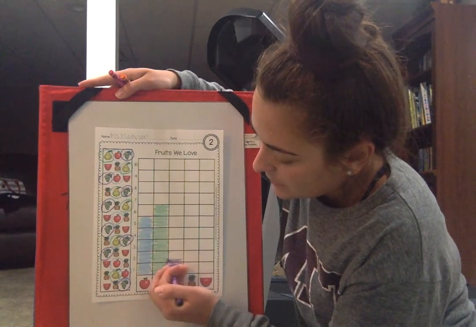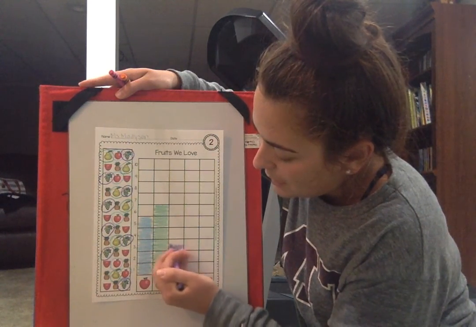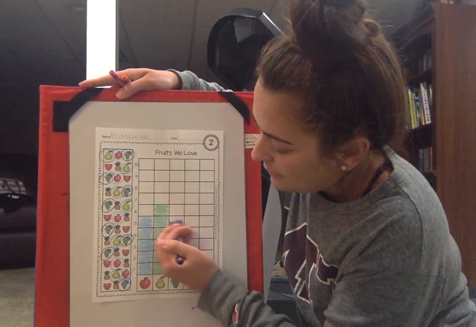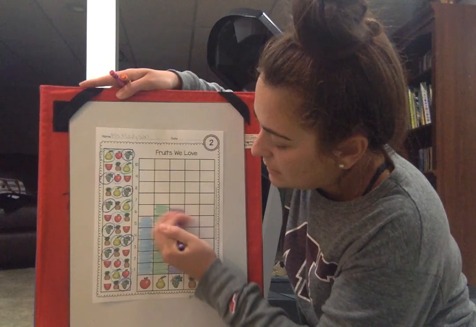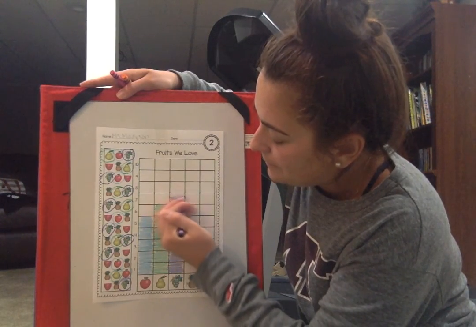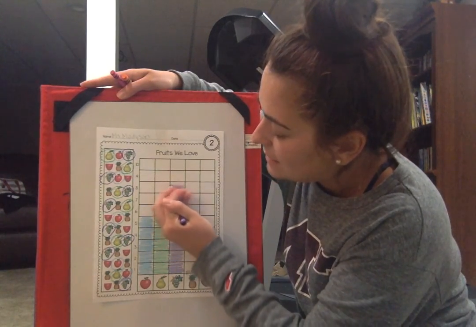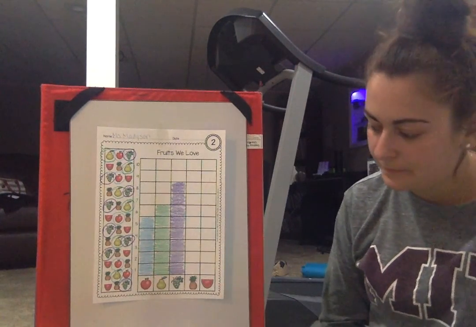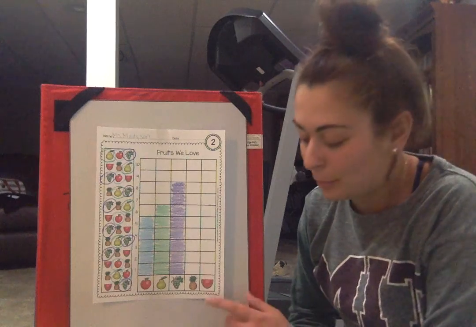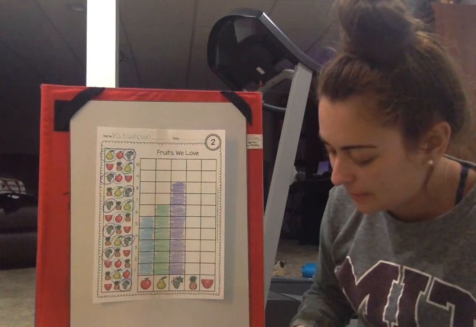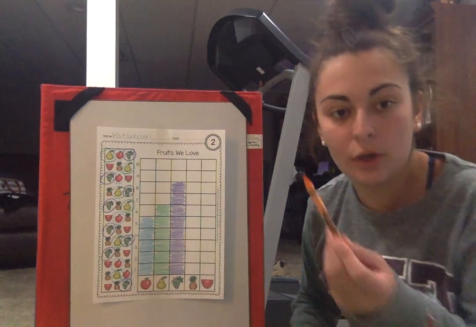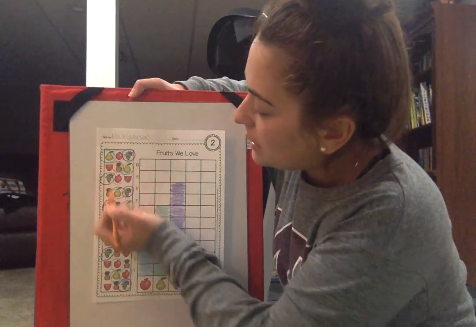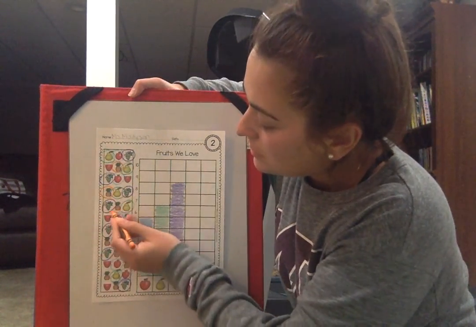1, 2, 3, 4, 5, 6, 7, 8. There we go. And what is our next fruit? Good, that's a pineapple. So let's count the pineapples, and let's use orange to do that. So we have 1, 2,